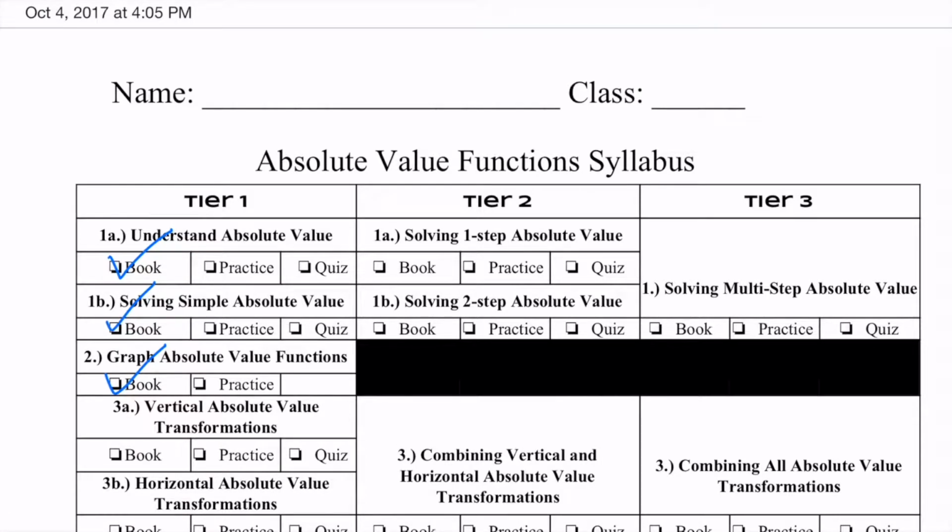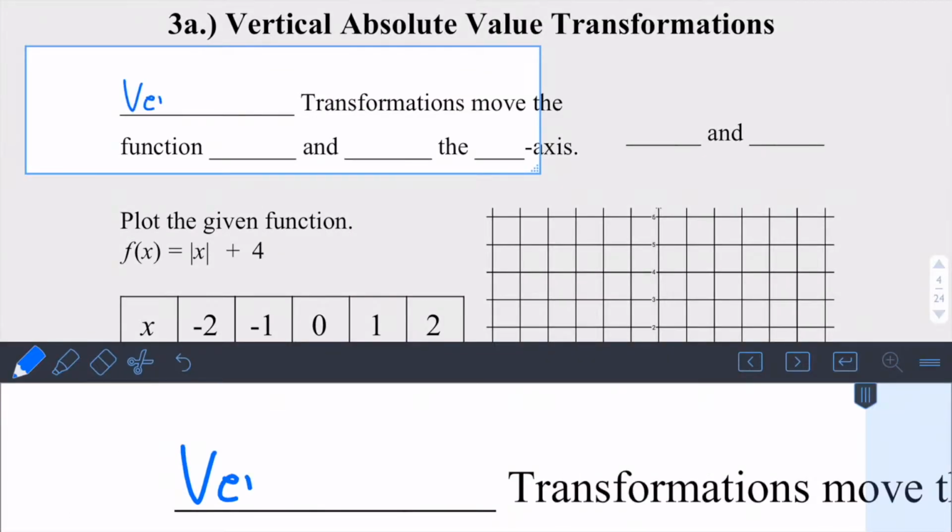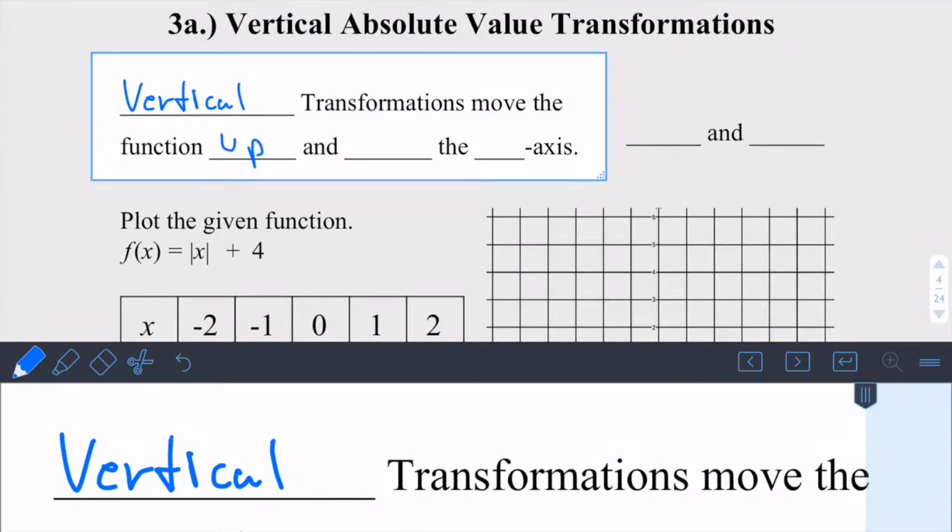We are back into our absolute value function syllabus, and we are now on lesson 3a, which is vertical absolute value transformations. So this is a new topic. I don't know if you guys have gone over transformations, but this will be one of the big themes of this unit. Vertical transformations move the function up and down